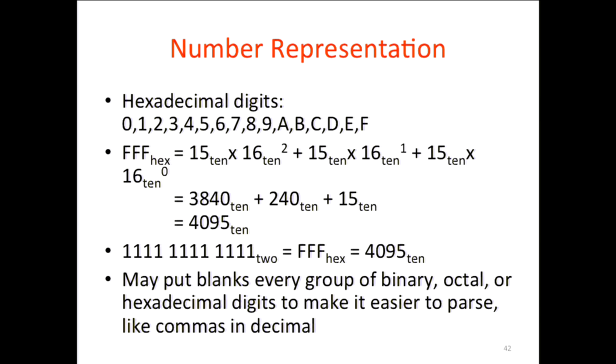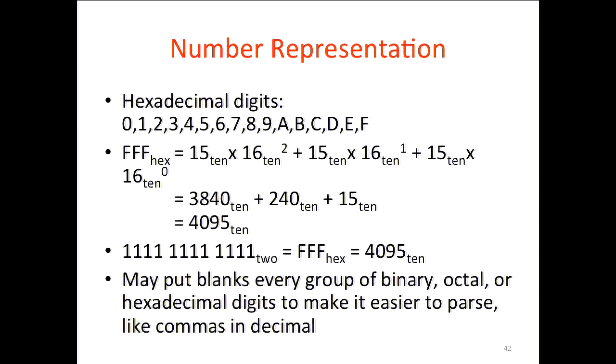So let's do some examples. The hex digits, you start from 0, you do 1, 2, 3, up to 9. Normally, then you run out of digits, so people started adding letters. A is 10, B is 11, all the way up to 15, which is F. Okay? And then if you write that number in hex notation, for example, we'll have F, F, F,